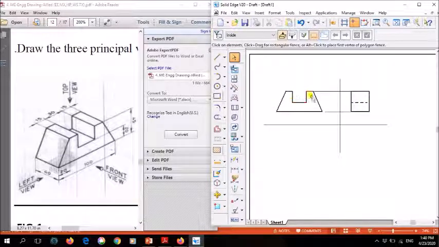Whatever this cut section is, I have shown it using a dotted line. Clear? Since it is not visible in the left view, whatever sections are not visible can be shown using a dotted line. So this dotted line represents that there is a cut at the center here, like this. Now I have drawn my front view and the left view.